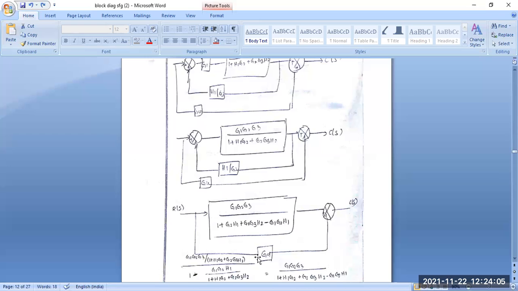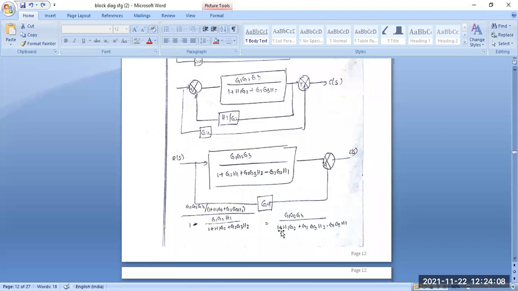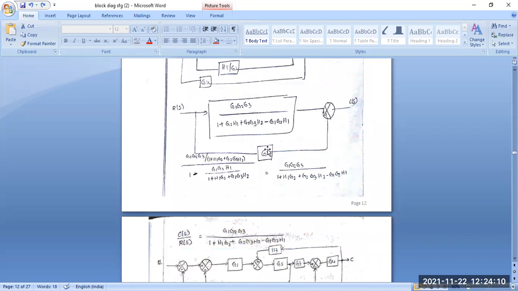And the other part is also the same. Now we have to calculate the last step, that is the last feedback path. Sorry, this is not a feedback path. This is another block we have to apply according to this summing point and this takeoff point also. This is called the takeoff point. So now this equation is also the same. Okay, so we have to apply these rules also. That means G1 G2 G3 by 1 plus G1 H1 G2 plus G2 G3 H2 minus G1 G2 H3.